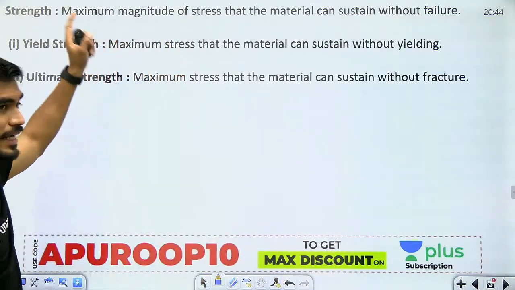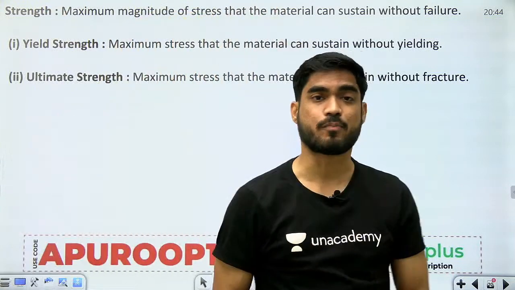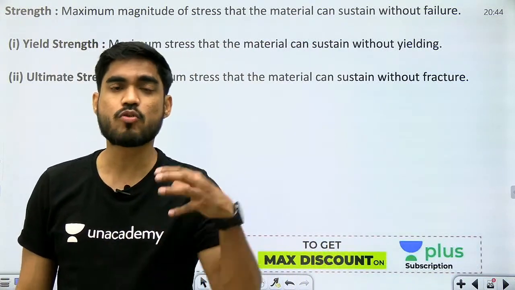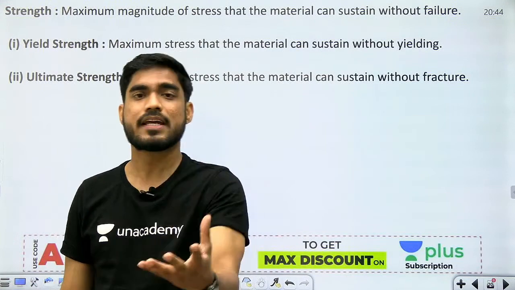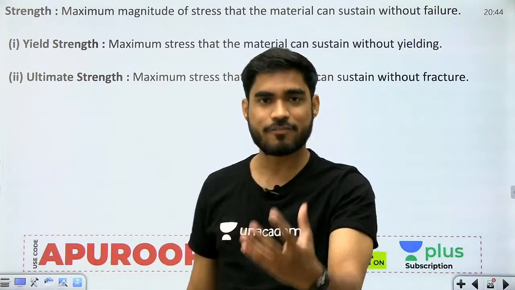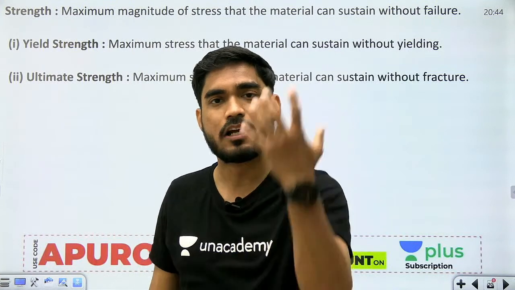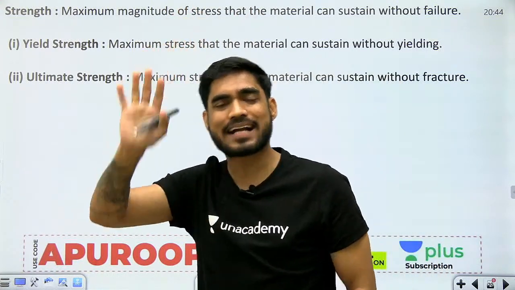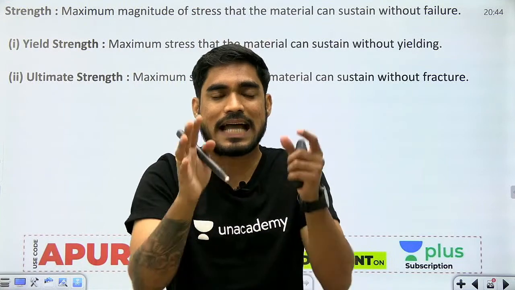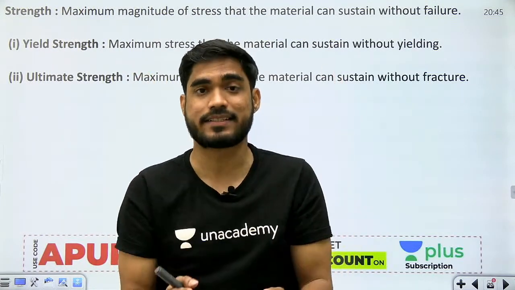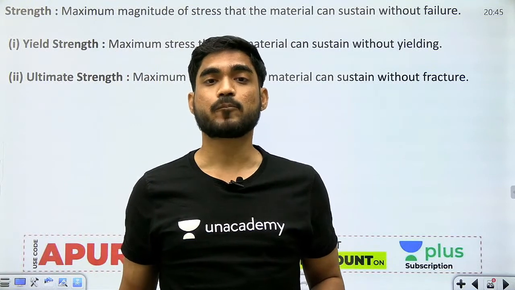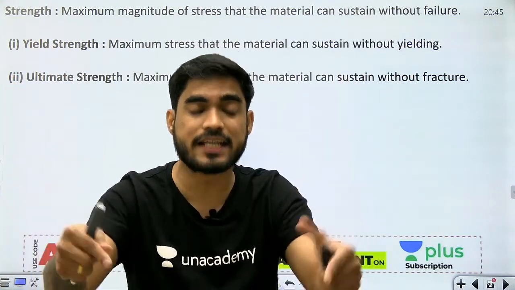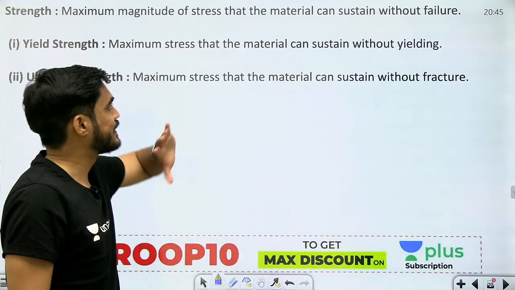So beta, let's first understand the first property, which is a very important property of a material, which is known as strength. Now what is strength? What do I mean by strength of a material? नाम ही है इस सब्जेक्ट का, strength of material, right? The name of this subject itself is strength of material. So what is strength of material? Strength of a material is the maximum magnitude of stress that the material can resist without failure. How much stress you can apply on this material without failing this material, that is known as the strength of